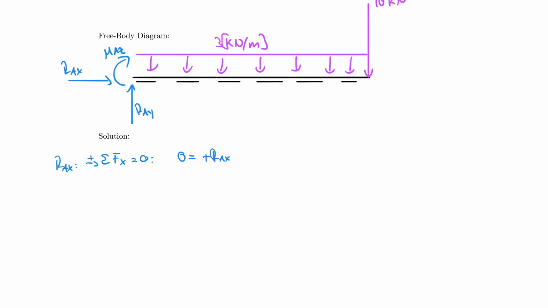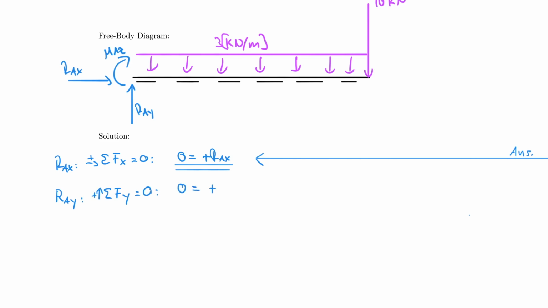And that is already done because there's nothing else in the horizontal direction. Now for RAY, I take the sum of the forces in the y direction being equal to 0, positive upwards, and 0 is equal to plus RAY minus 3 kilonewton per meter